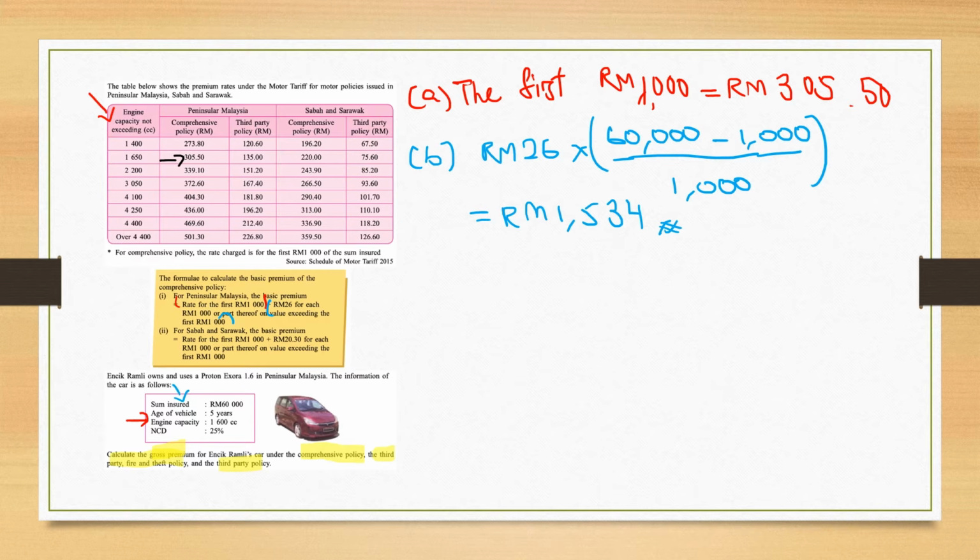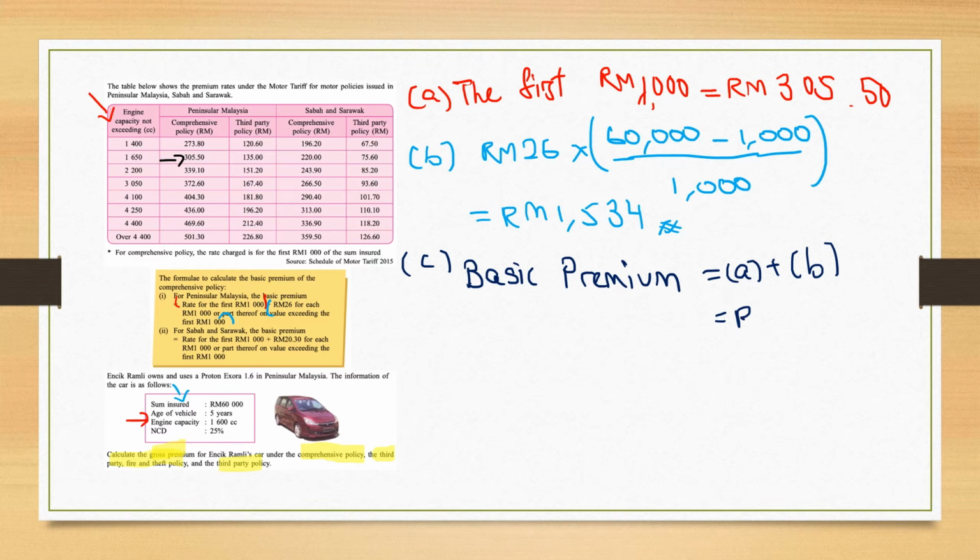Now for part C, we have A and B already. We can finally do our basic premium. So let's list that down. Basic premium will be equal to A plus B. This is your answer from part A as well as your answer from part B. In other words, this will be RM